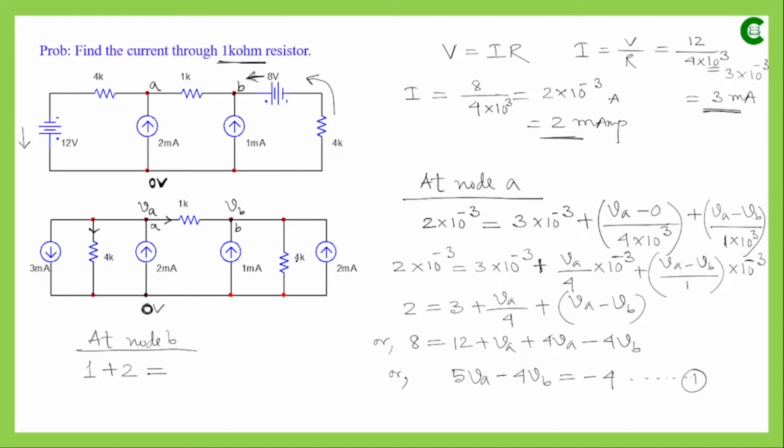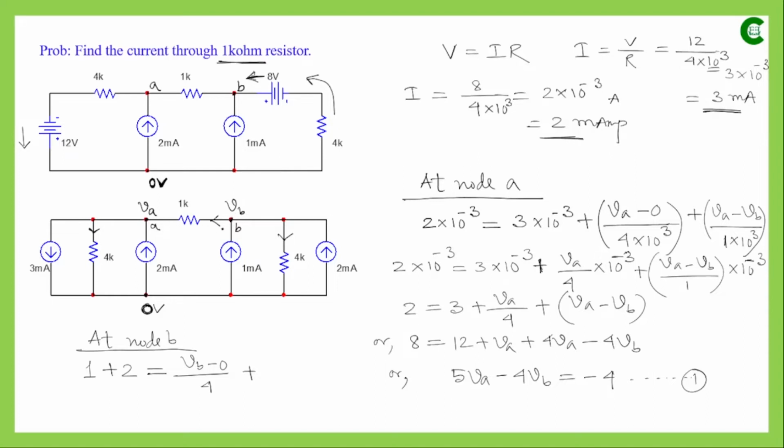Now through this resistor, we have assumed that the current will be outgoing, and again with respect to node B, through this resistor the current will be outgoing. So for this resistor the current value can be written as VB minus 0, the potential of the reference node, divided by 4, plus